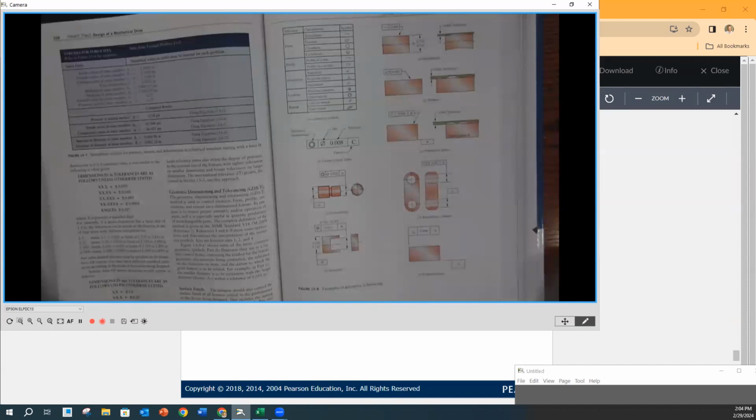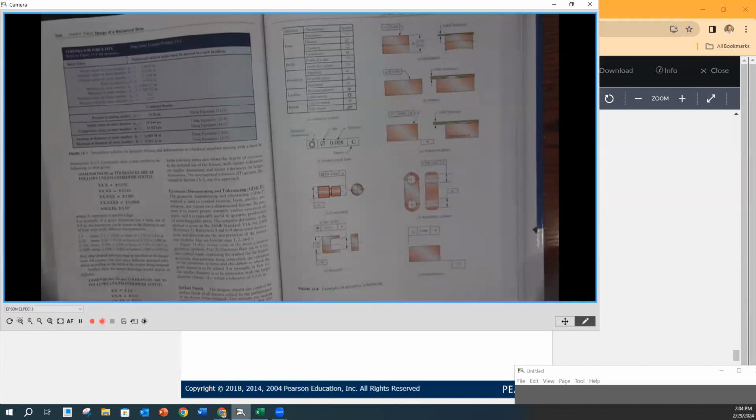Orientation, this is again a refinement on your size. Your location dimensions can control orientation, but they have to get very close together, and so orientation we apply when a refinement is needed on the size and location that's allowed. But location dimensions should all be done with position tolerancing because you get the bonus and you also get the full sweep of the radius of the full